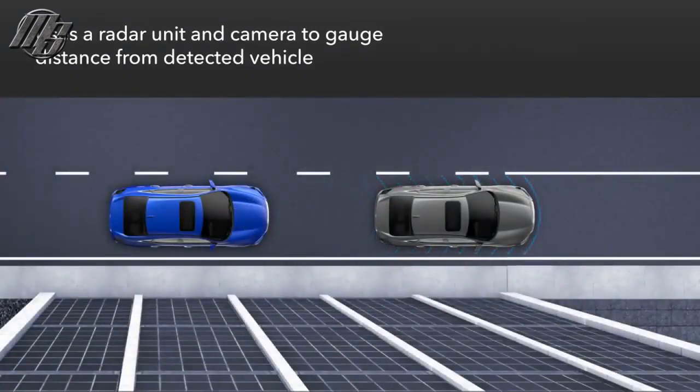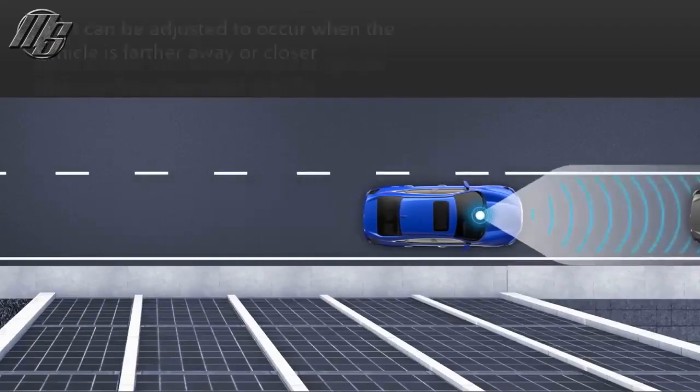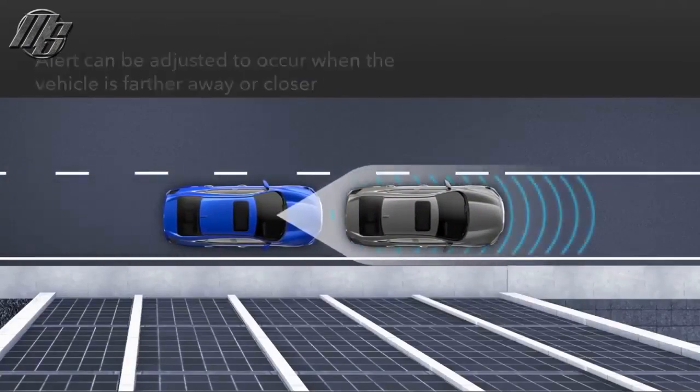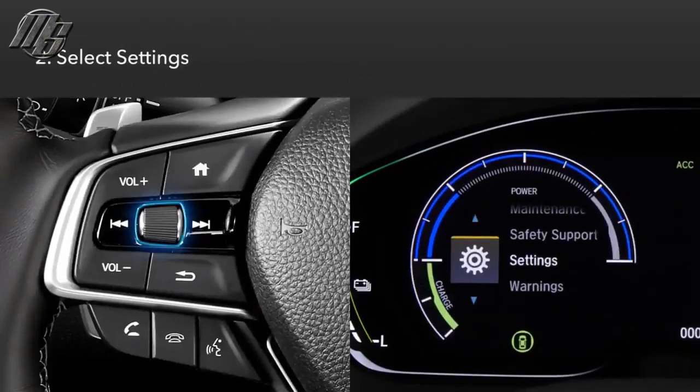CMBS uses a radar unit mounted at the front of the vehicle and a windshield-mounted camera to gauge the distance of a detected vehicle ahead. You can adjust the system to issue the alerts when the detected vehicle is either farther away or closer to your vehicle. With the ignition on and the transmission in park, roll the Driver Information Interface selector wheel to Settings,